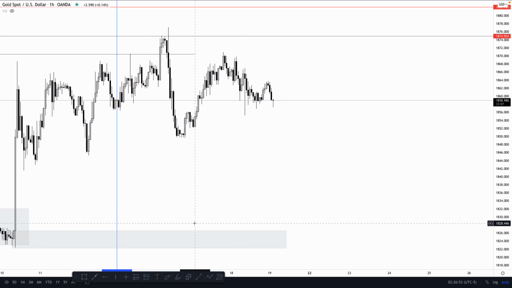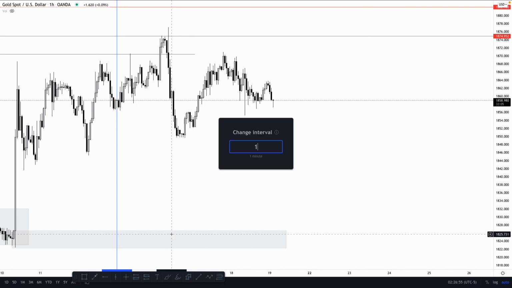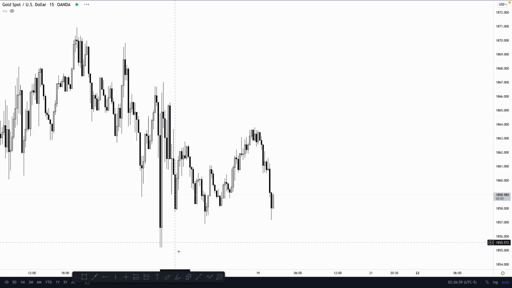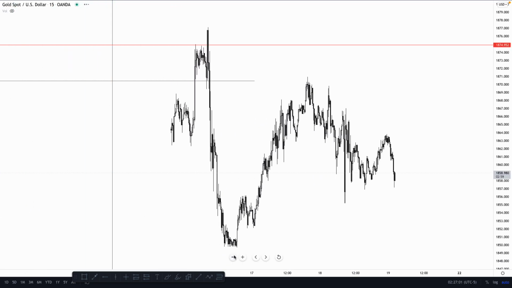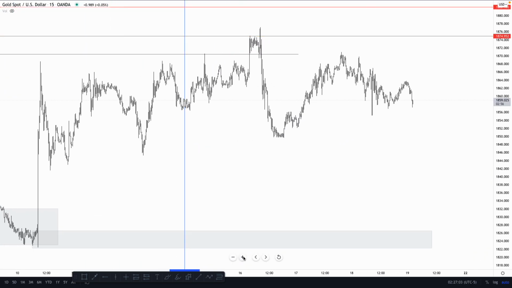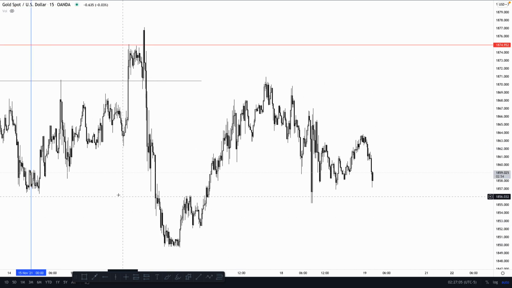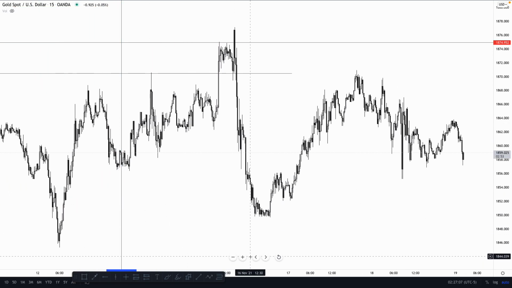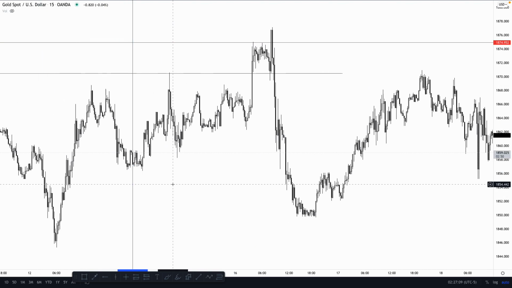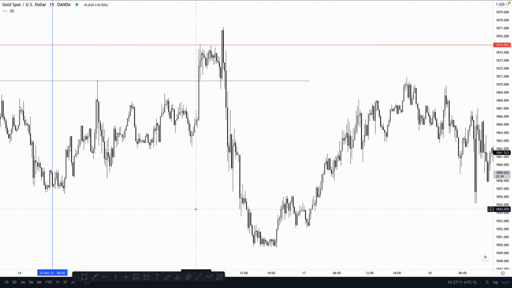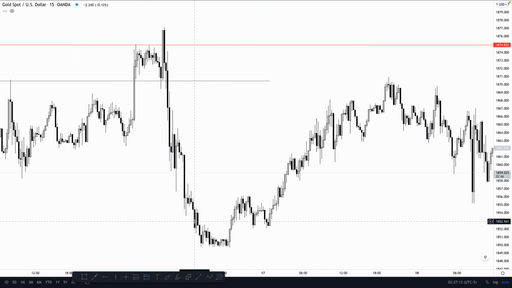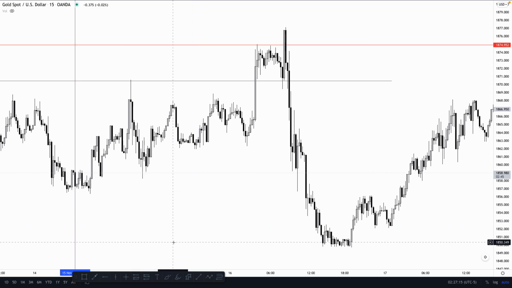Then I saw this. Let me go to M15. M15 is there. So there is something that I call the Asian range, the first Asian range of what is happening on the week. So I'm trying to look at what is happening, how can I take a trade, and I end up missing a trade on Monday because I'm sure I was not focusing, something like that, because this was the Asian range of the,